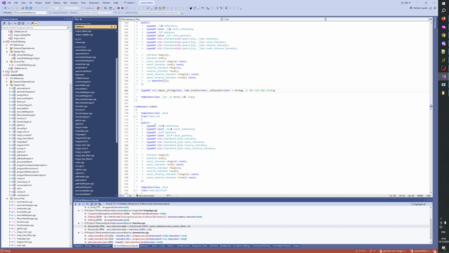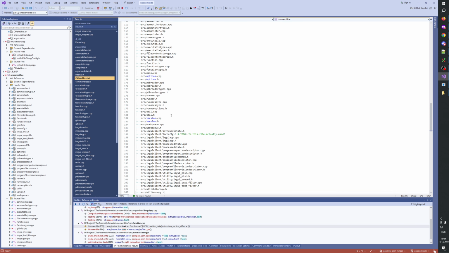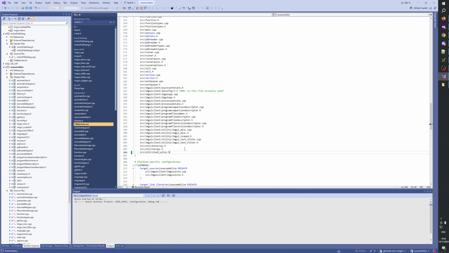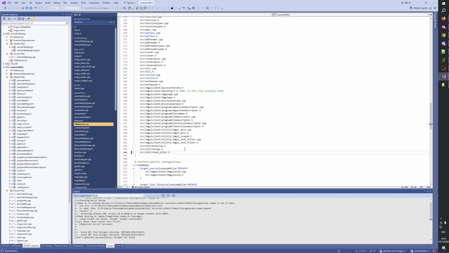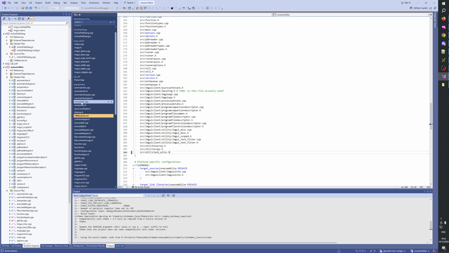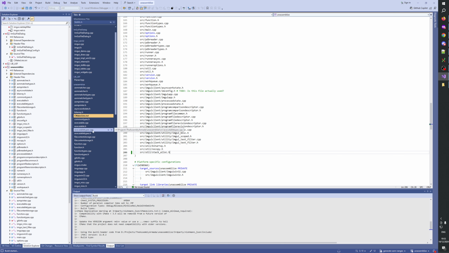Okay, so source, util, stack_alloc.h. So my hope is that now we can say